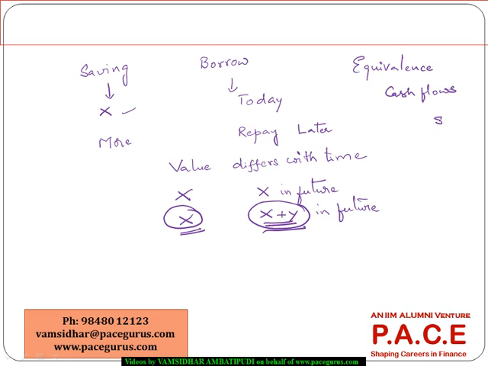If I am getting $1,000 after 2 years, what is the equivalent of it today? Is it $900? Is it $920? Or is it $990? Now that is what is being discussed as a part of the understanding of the time